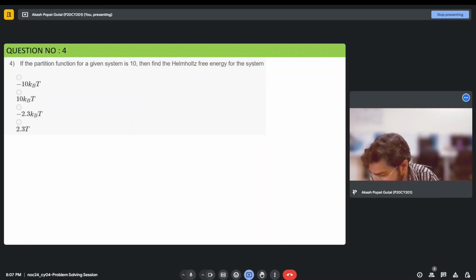So there is a simple equation for the Helmholtz free energy F, which is equal to